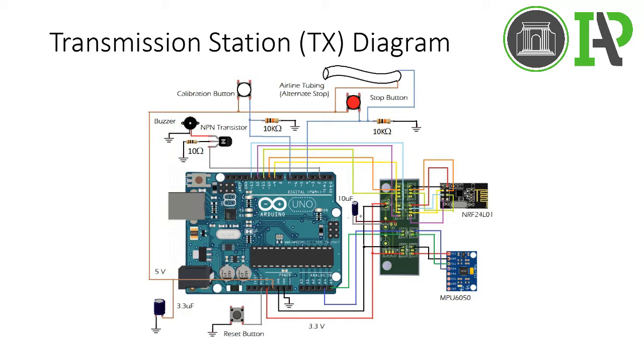The transmission station also includes two buttons connected to a 5 voltage source. A button is used for calibrating the user's head movement limits. While calibrating, a buzzer connected to a transistor will make a beeping noise to indicate the head position limit being calibrated at the time. The other button is a stop button, and it's used to send the instruction of stopping the motors of the car. An alternative to the stop button was implemented for users not capable of pressing the stop button as an emergency measure, and it is connected in parallel to the stop button. An external reset button was added whenever the system stops running or presents any error in communication.